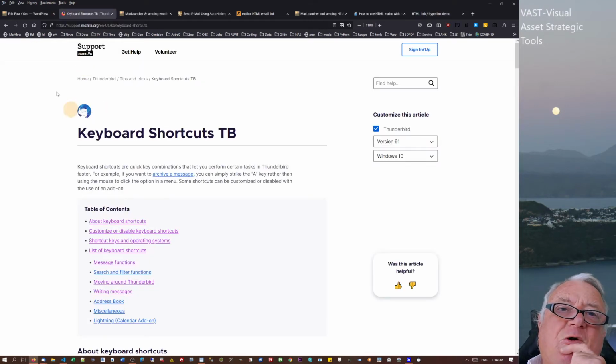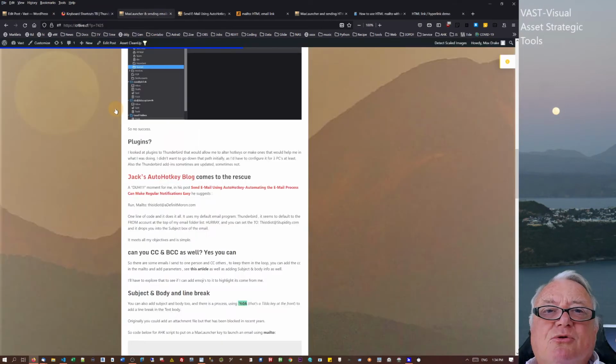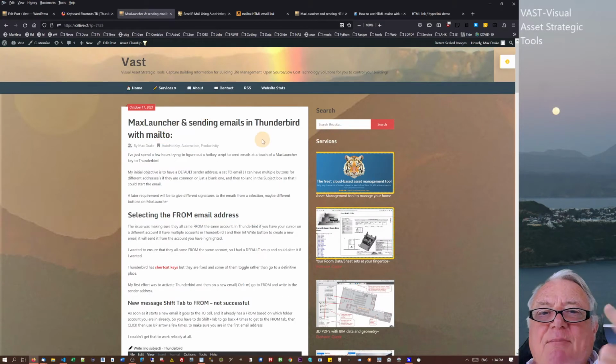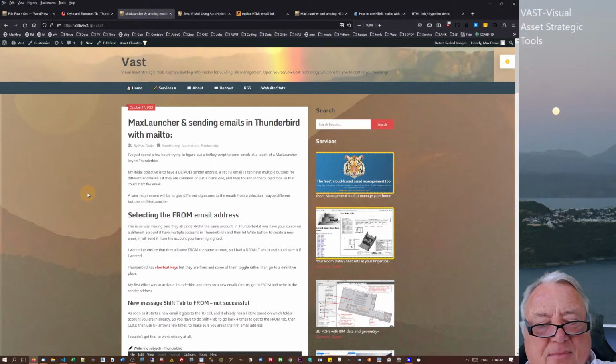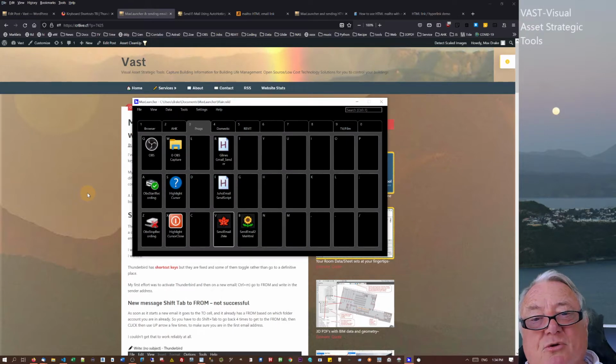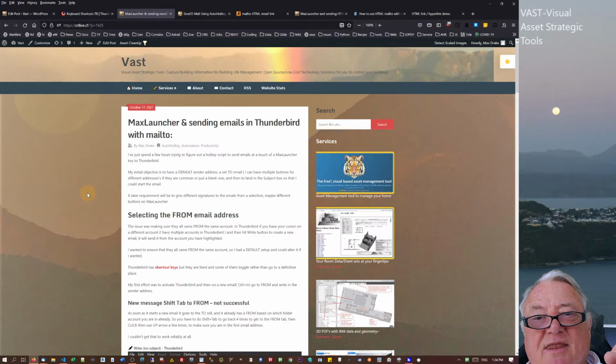I'd like to talk to you about MaxLauncher and getting emails, sending emails with Thunderbird, which is my default email account thing that I use because I can have lots of different emails on there. So I'm just going to press Control Tab that brings up MaxLauncher, and if I type V into there, what